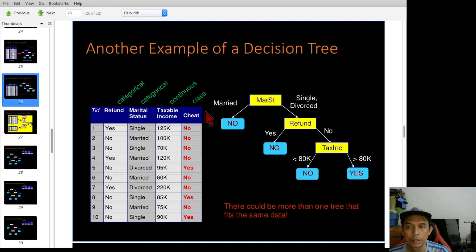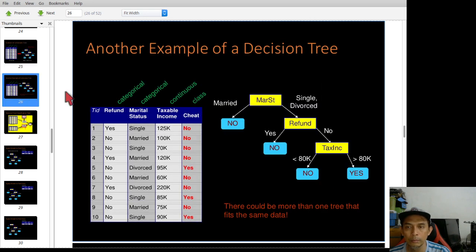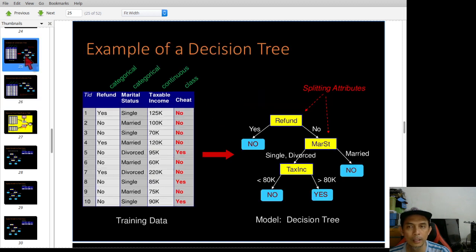So if you use this instead of the first one, it seems that the second one is much better, because from married you only check once and then you can get the answer. In the first case, you have to go through 1, 2, 3 conditions, 3 steps in order to get the answer.